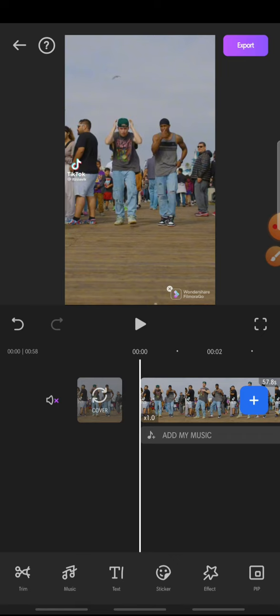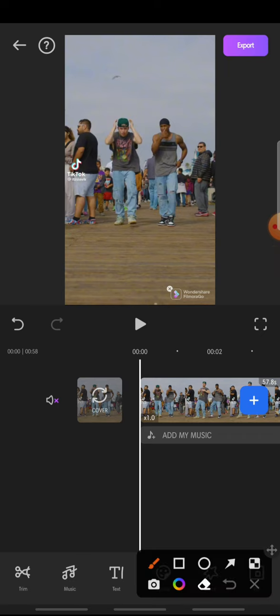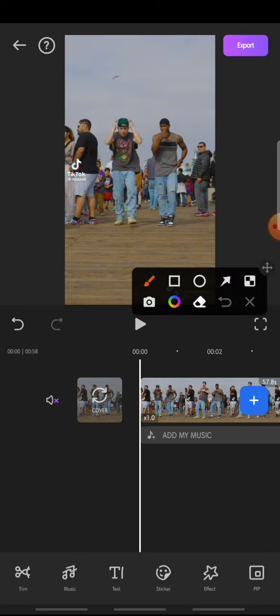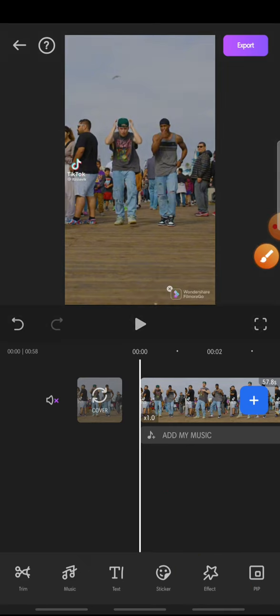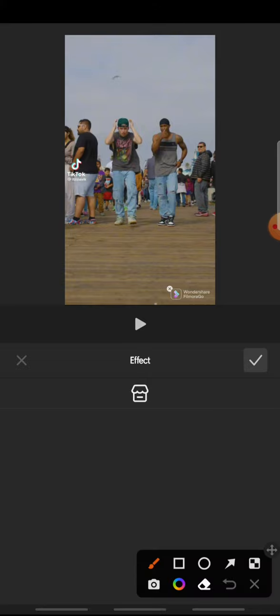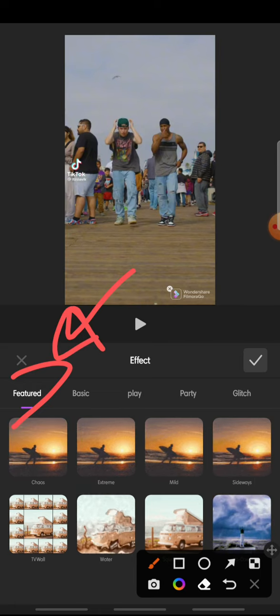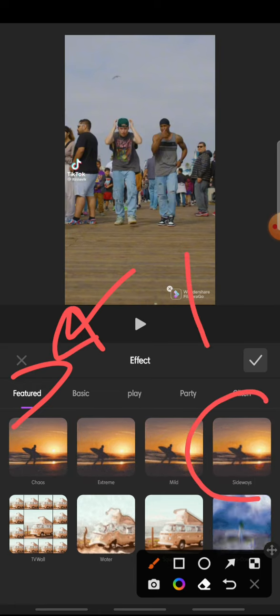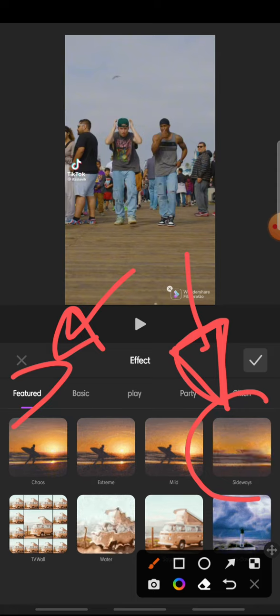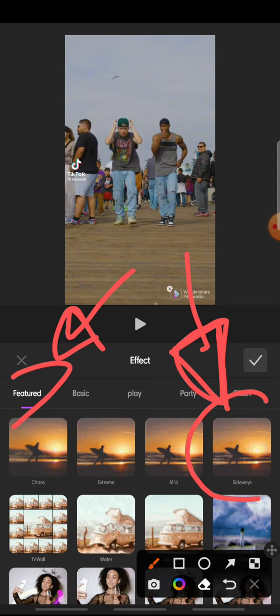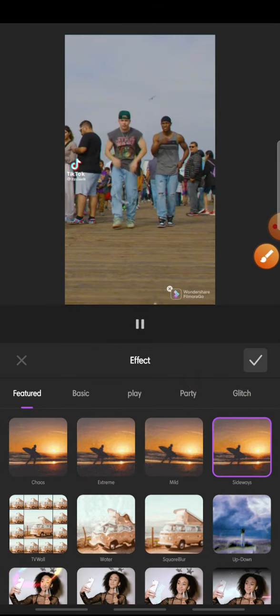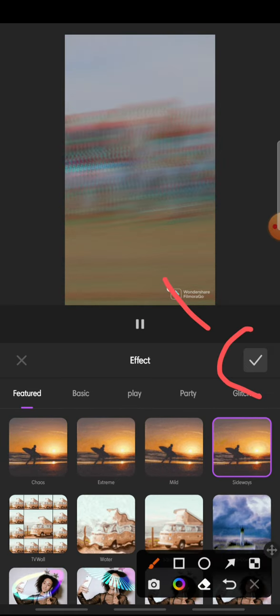In this video, I'm going to show you how to add a sidewise effect on FilmoraGo apps. Now let's get started. First, after you add the video that you want to edit, you just click on the effect at the bottom. And then in here, you just click on a feature. And then in here, you can see sidewise effect, this one. You just click in here, and then after this you can click check icon,